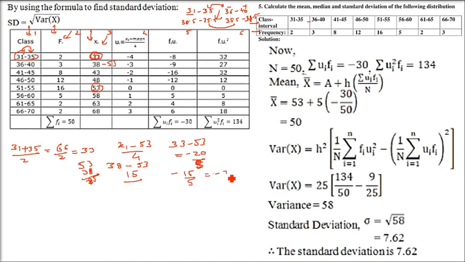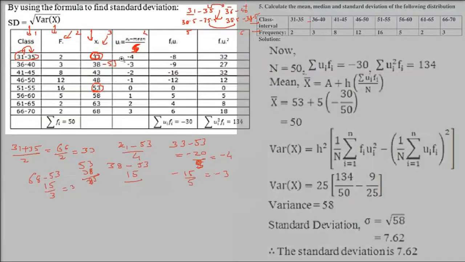You know why I am taking so much time finding h? Because h will decide the computation of the next values. Take 68, now subtract 53. What are you going to get? Again 15 will come. Now 15 cannot be divided by 4 or 10 without getting a decimal value, and we don't want that. So divide it by 5. So this is the whole discussion. You have to divide it by 5. I hope you got the idea.